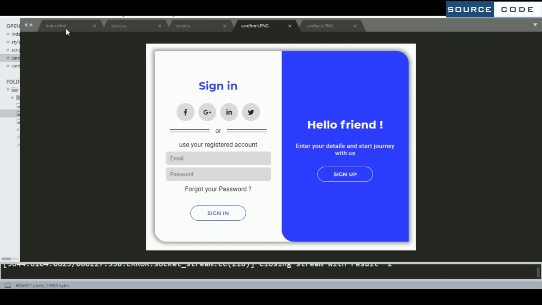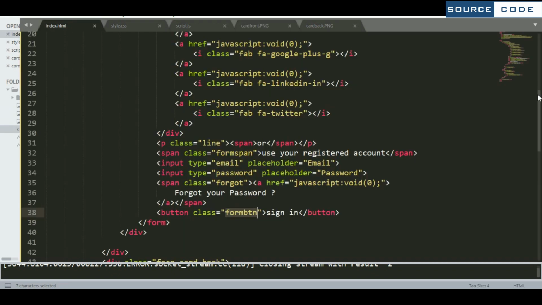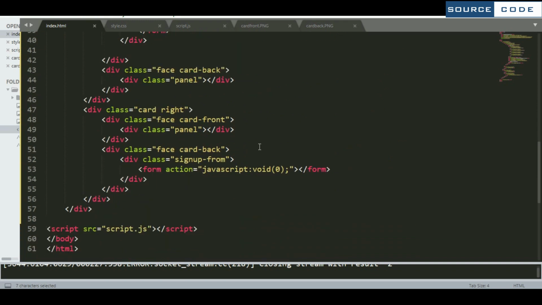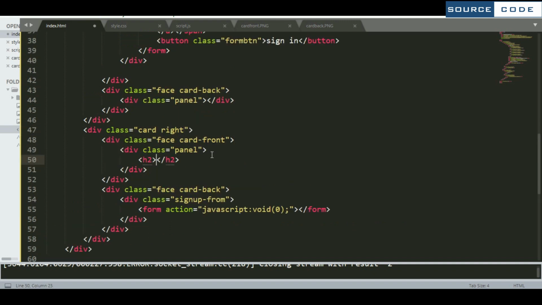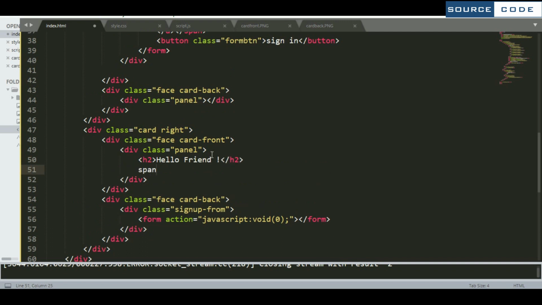So come to the HTML. Now come to the card right front part inside this one. So make one h2 tag here. Make one span here and give a class as panel span.